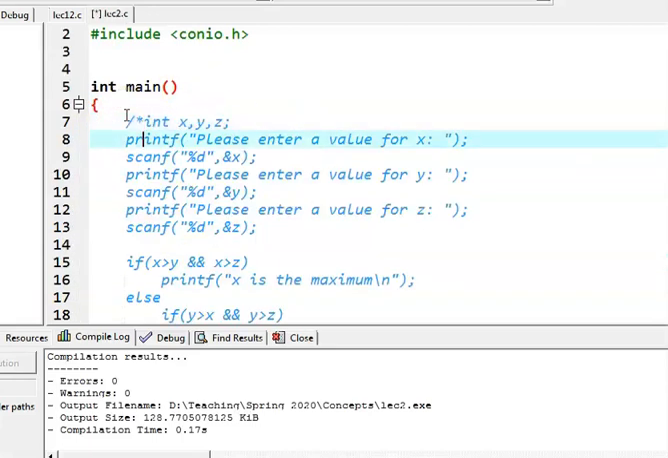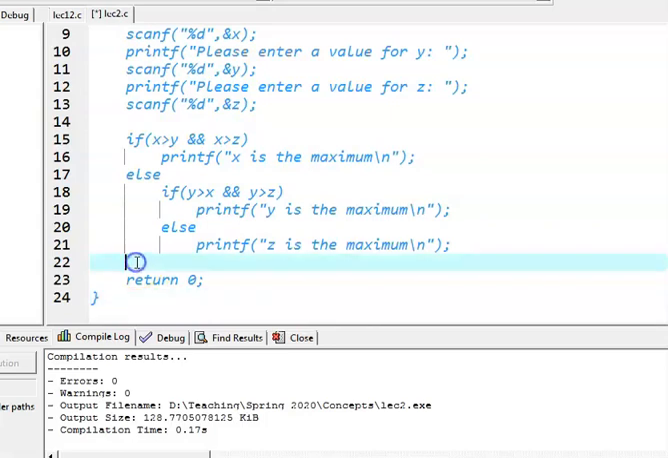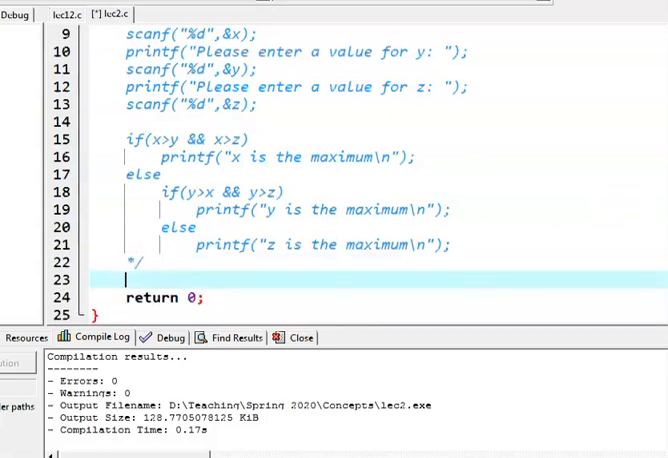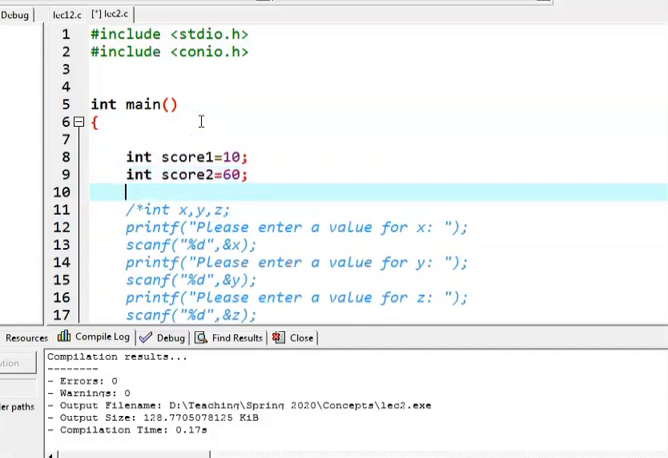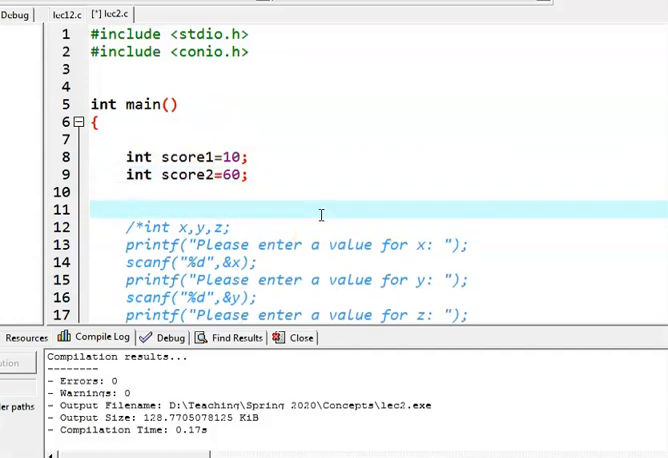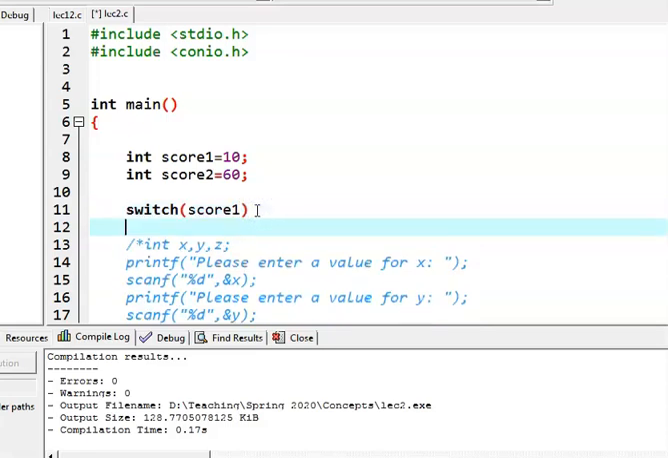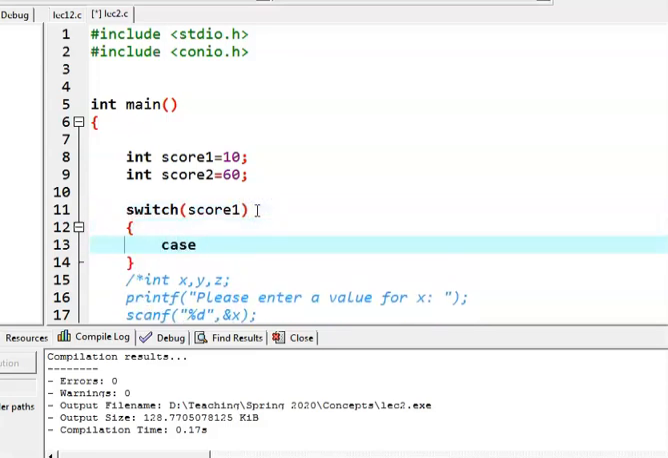So let's go for an example. What we want to do is have two scores. The scores can come from the user, or they can be just, for now, values that we will enter. So I have two scores, 1 and 2, and I want to check whether player 1 won or not, and a player can only win if their score is exactly equal to 100. So I will switch on score 1, and then I have to check the values that I'm interested in. In this case, the only value is 100, so I will say case 100,